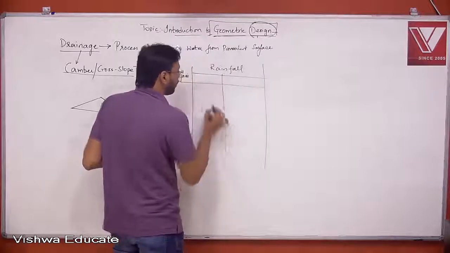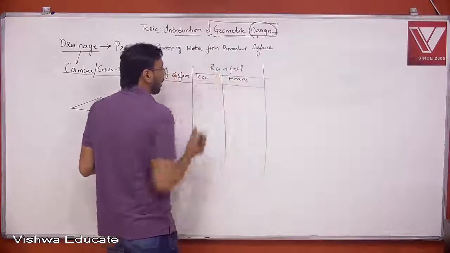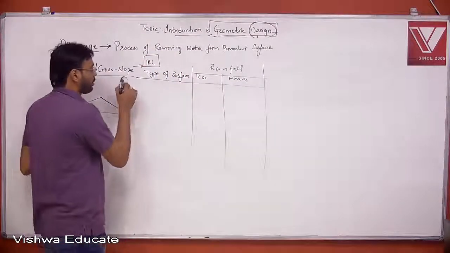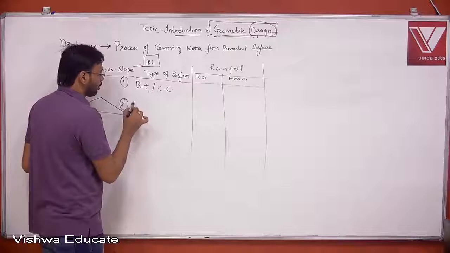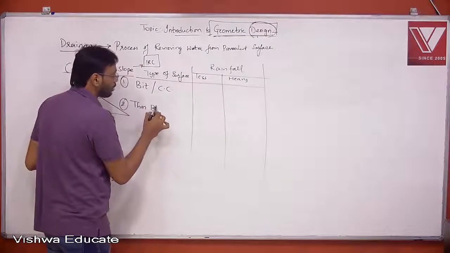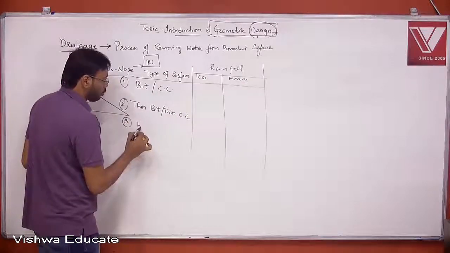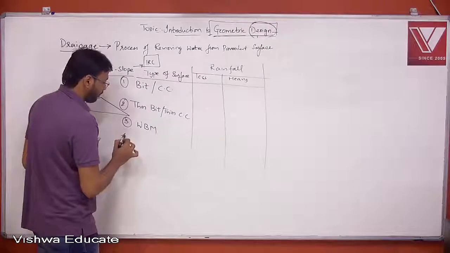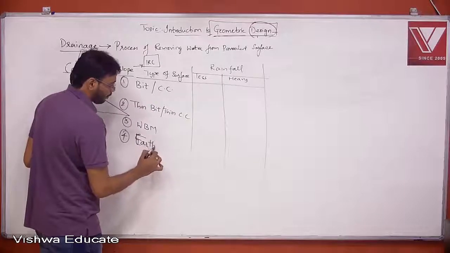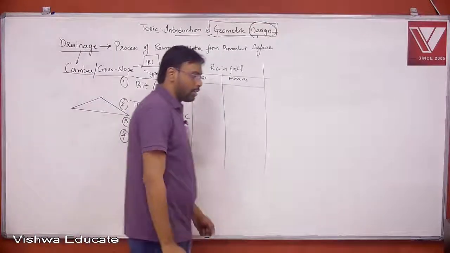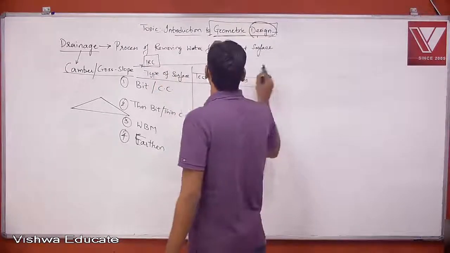And rainfall can be less rainfall or it can be heavy rainfall. And there are four types of surface: first, bituminous or cement concrete surface. Second one is thin bituminous or thin cement concrete surface. Third one is water-bound macadam surface. And fourth one is earthen road, earthen surface, right? So there are four types of surfaces, and this table is to be remembered because